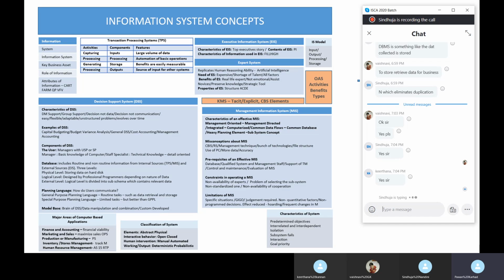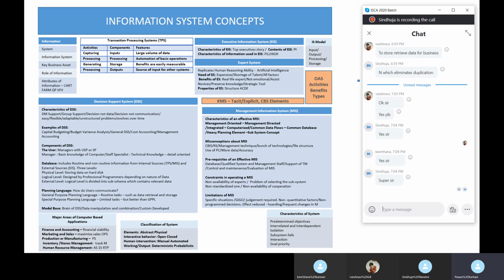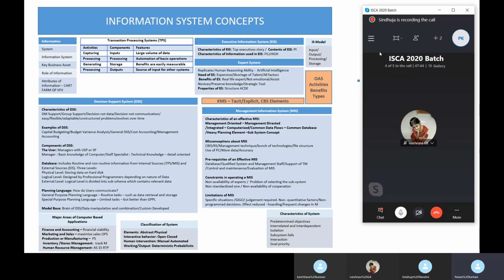Please note that if you remember the points in this chapter, the headings and the main points, and you write whatever you want about IT in the exam, you will still secure full marks. From my previous experience with answer sheets, I have seen that they check the headings and the main points, and they are awarding marks on that basis. I have already told you the common points that you have to write, and using those common points you can write the theory part. Now we will go one by one. I will ask questions.